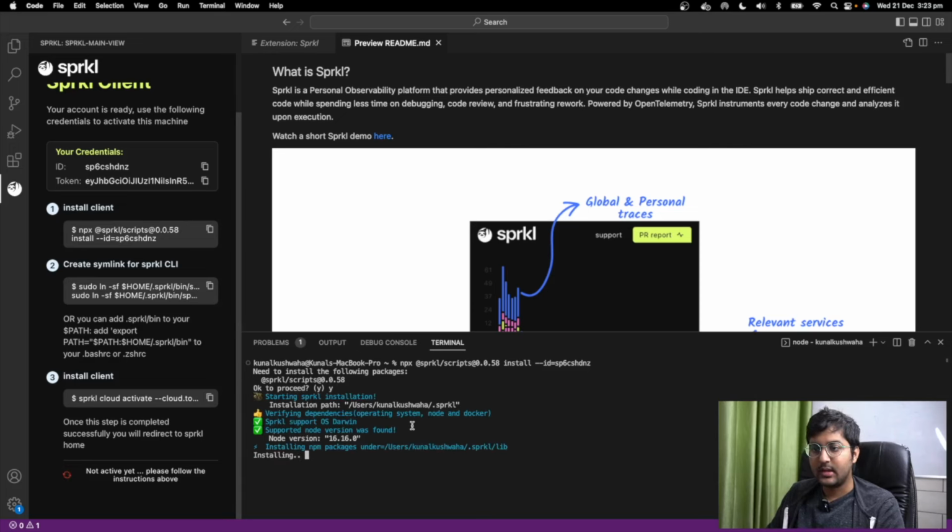That looks good. And that is done. Almost done. Everything is fine. Verifying the dependencies. It's pretty straightforward to get started with. You can do it right from your dashboard as well,